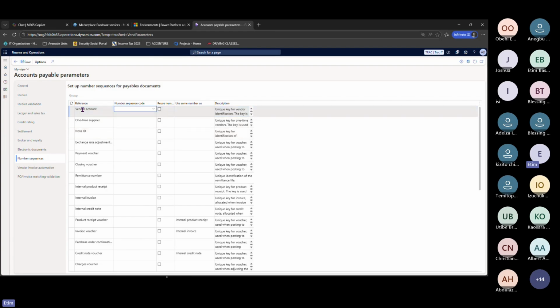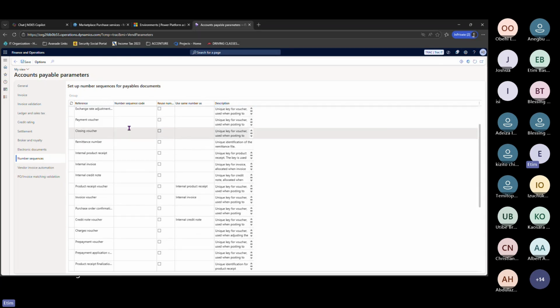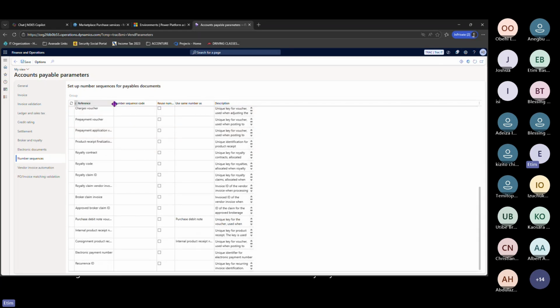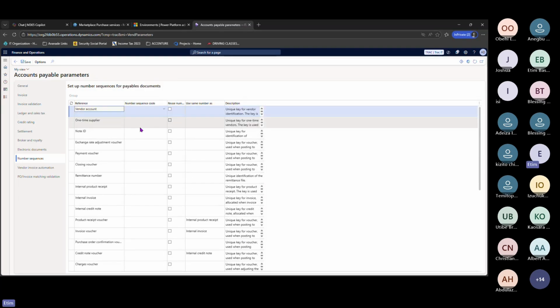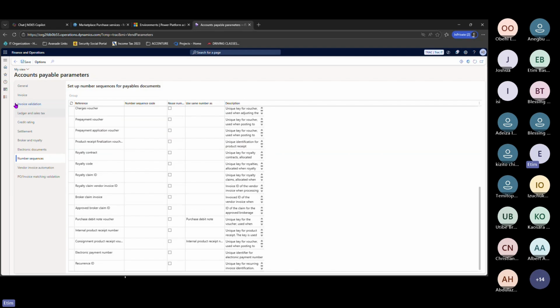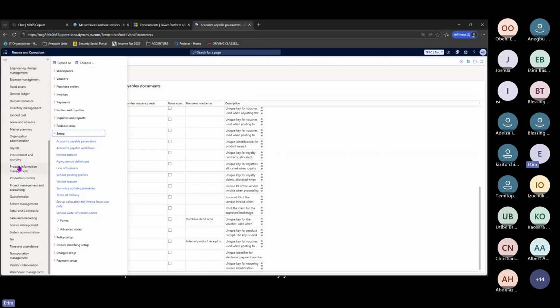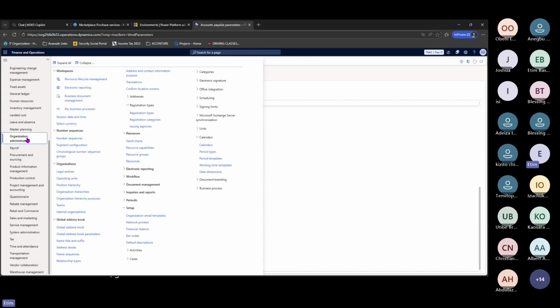So for example, if I want to create a vendor account, the system will be looking for a number sequence where it can use that format to generate the vendor account number or account code. So currently, as you can see, everything here is blank. We do not have a number sequence for these transactions. So that is why you have to, first of all, generate your number sequence